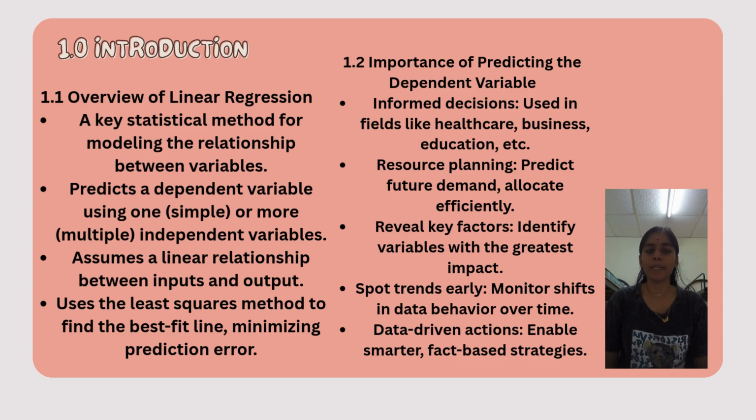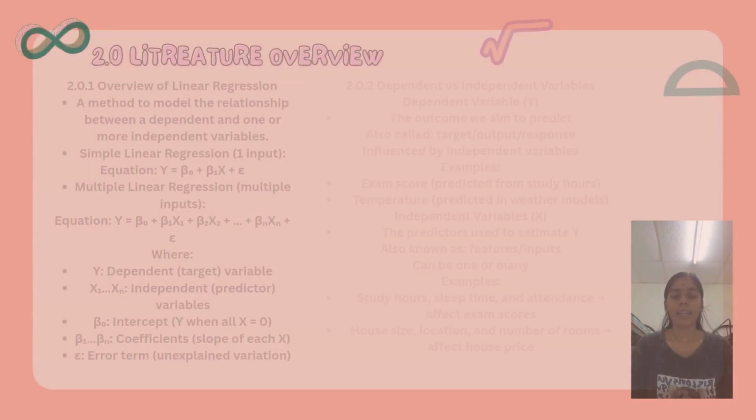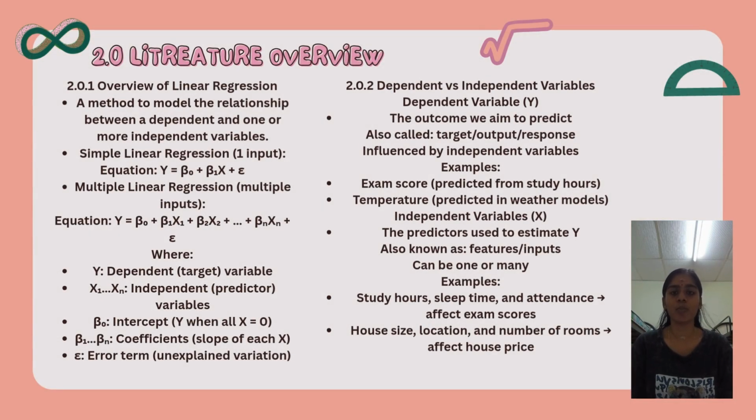For example, businesses might predict future sales based on ad spending, or hospitals may predict recovery time based on patient details. This helps with planning resources, spotting trends early, identifying which factors matter most, and ultimately supporting decision making backed by data. Linear regression is a method used to model the relationship between a dependent variable and one or more independent